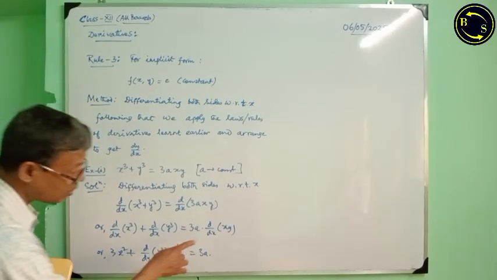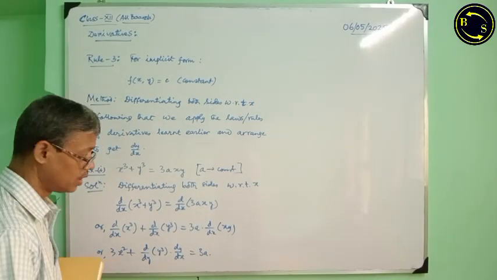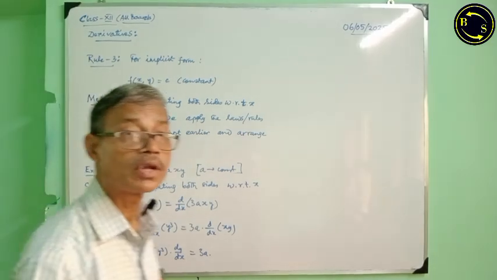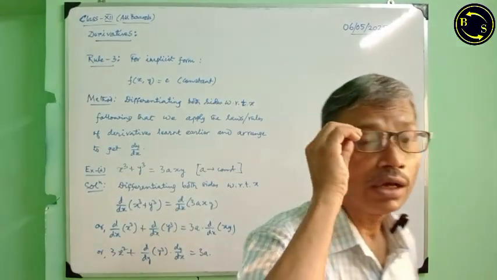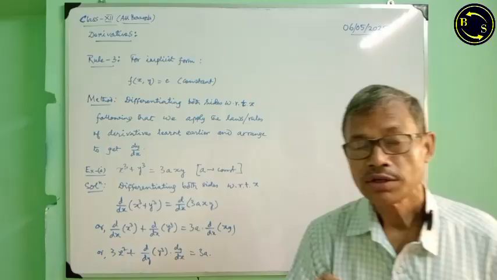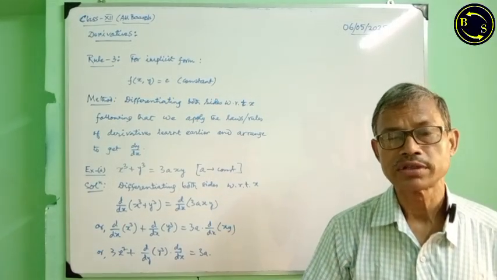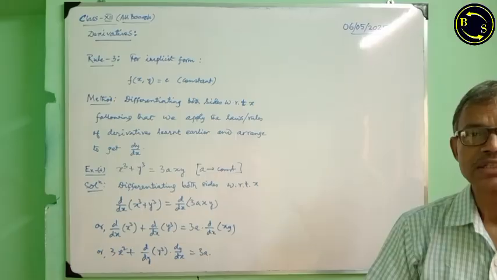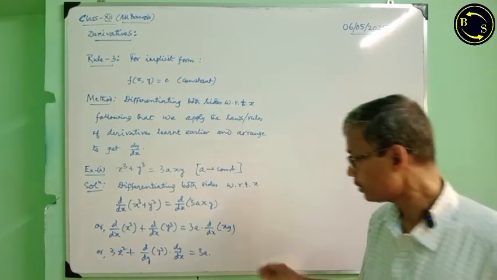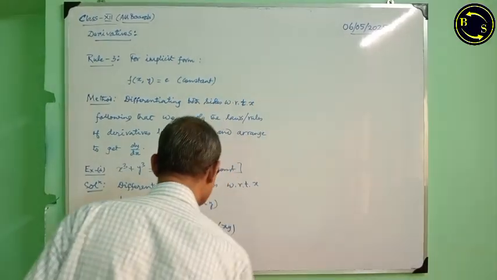That means d/dx of product form. Then in case of product form, that is u into v, d/dx of uv will be equal to, as you have learned earlier in class 11, u dv/dx plus v du/dx. I apply that, 3a